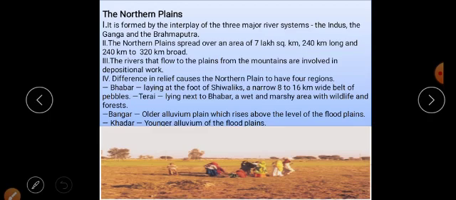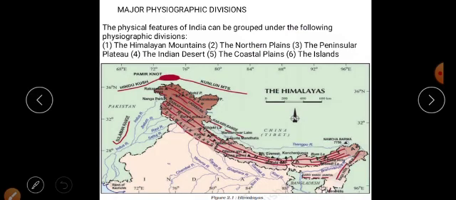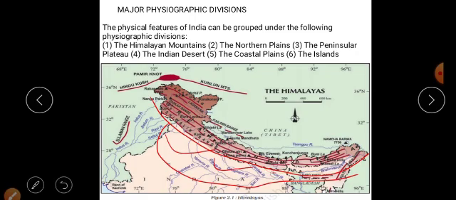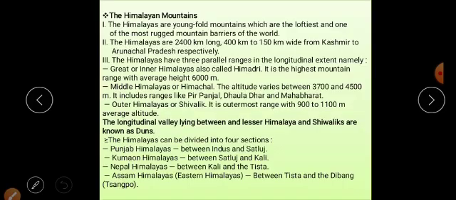The next part is the northern plains. The northern plains are a very important part, situated next to the Himalayan mountain range. As you know, rivers come through the mountains of the Himalayan region, and depositional work goes on after the Shivalik, and after the Shivalik we can see the northern plains. If we see the map, that is the Shivalik, and after the Shivalik is the northern plains. How have the plains formed? Because of the depositional activity of the rivers which have come through the Himalayan mountain range.